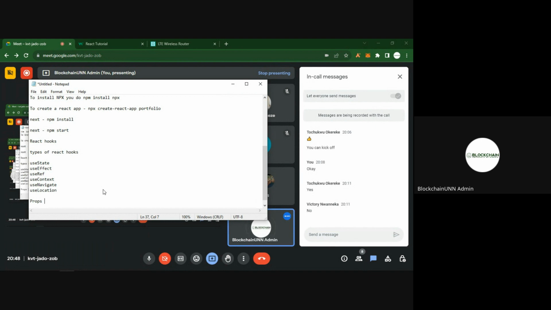Now, props helps us to pass data from one page to another. It helps us transfer data from one page to another. So if in my home page, I have a snippet of my about me, I'm so-and-so, I'm from this and from that, I do this and I do that. And I have a second page called About Us. And